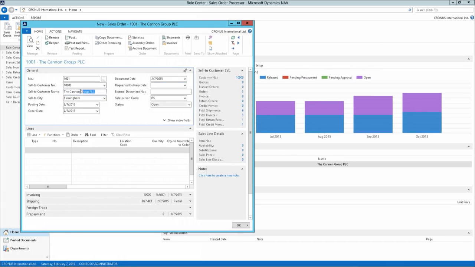The customer name is a description field, which is of course retrieved from the customer card. But if I would like to change it, I can just type another text, like limited, for example. And then we have the date field. In this case, NAV suggests the work date. But if I want to change it to another date, for example, January